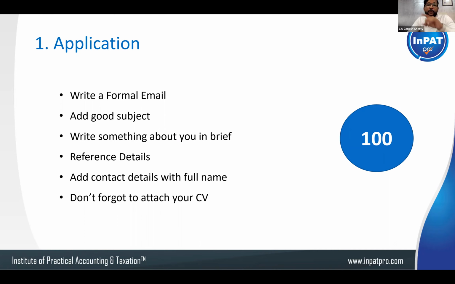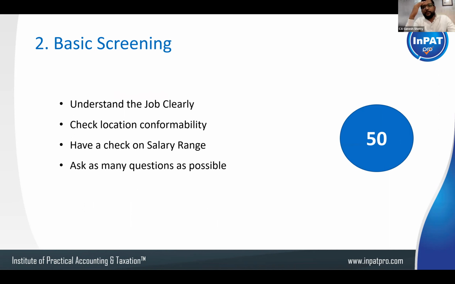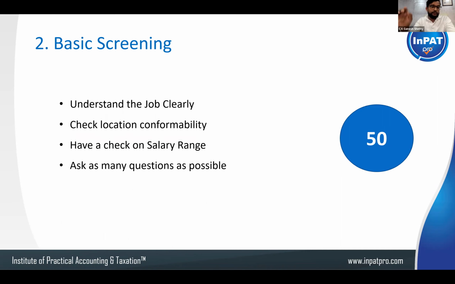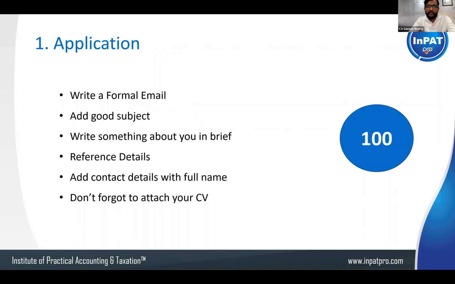So this is one step to be selected out of these 100 applications, guys. 100 applications have come. You should be one among them. The 100 applications will be reviewed by the recruiter. Then they will reject 50% of it. Then it will come to 50 CVs only. Are you one of these 50 out of 100? That is the challenge. That's why you should write the application properly. If you just forward it, with no heading, no subject, such CVs will not be considered. For your kind information, the recruiter will not even touch that, not even open your email. So 50% gone, 50% only left, only people who have followed all this process.